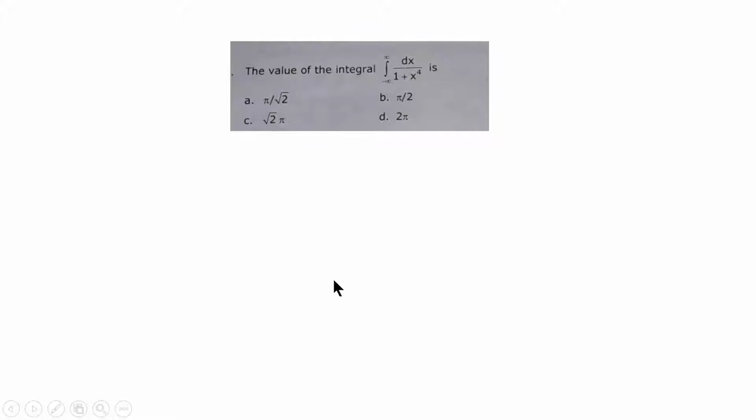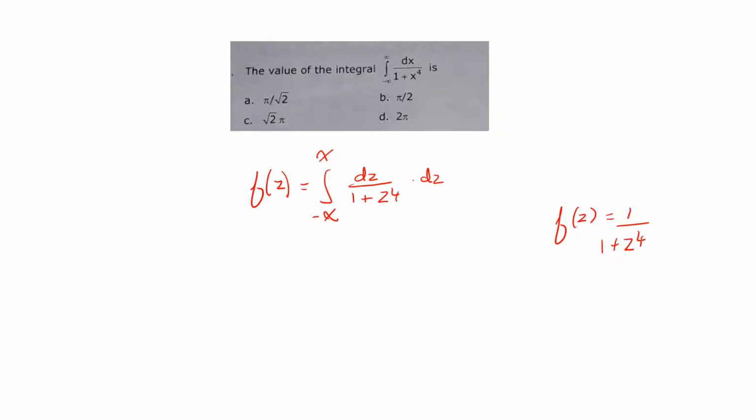In this question we are asked to find the value of this integral. So now obviously this is nothing but, we replace the x by z. We're going to integrate by the method of residues. So the function f of z, which is 1 by z to the power 4, obviously has 4 singular points at